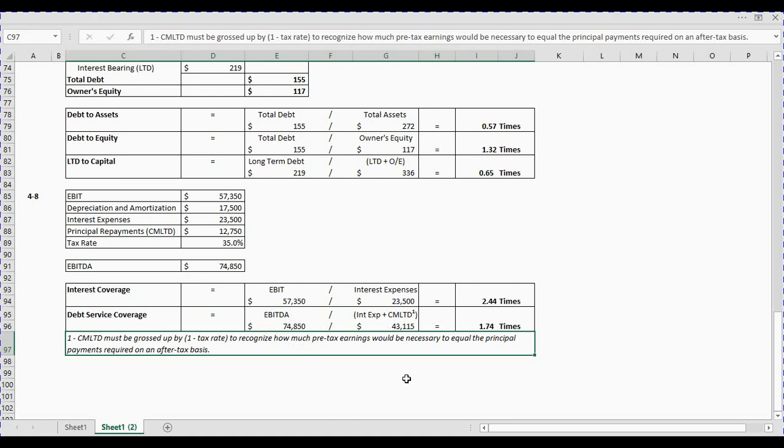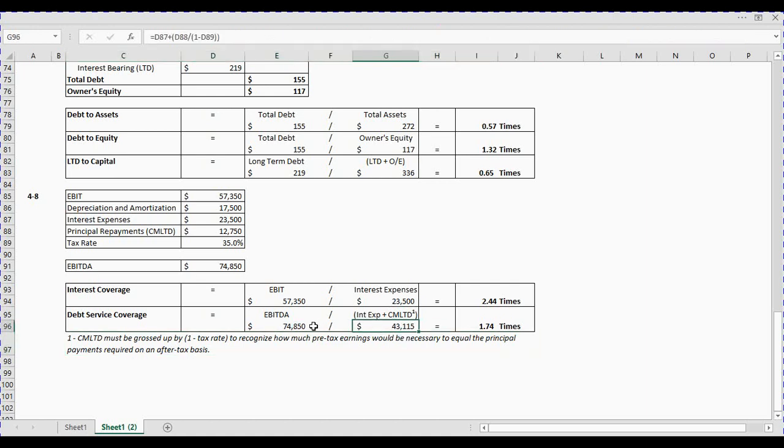maturities or our principal repayments as how much that would have been if it was grossed up on a pre-tax basis. So it's just a little convention that this particular version of a debt service coverage asks us to do. So I presented it. I don't normally do it this way, but the book is asking us to, so I'm showing you the book method. So we have EBITDA, which is a measure of cash flow, divided by the interest expense for the period plus this grossed up version of principal repayments or current maturities of long-term debt, which you can see up here